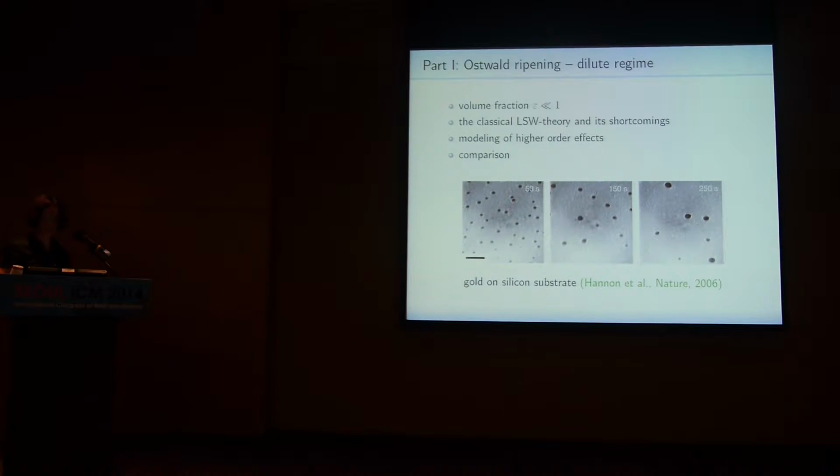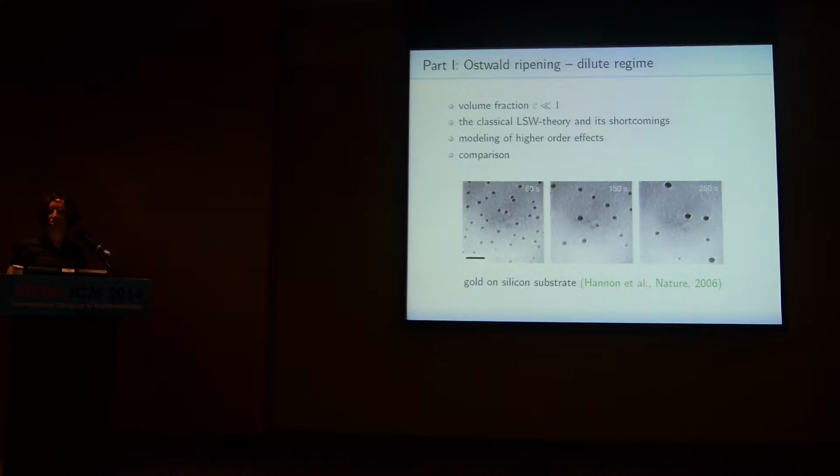As I already mentioned, we principally need a separation of length scales in the system. We need a small parameter. Here in Ostwald ripening, there's a convenient regime that is still relevant in several applications. That is the regime of small volume fraction, also called the dilute regime. So from now on, epsilon is a small parameter that tends to 0, or at least is very small. It's always the volume fraction of the particles. And in the limit as epsilon goes to 0, there is a classical theory by Lifshitz, Slyozov, and Wagner, which I will explain, but we will see that the theory is not satisfactory in some sense.